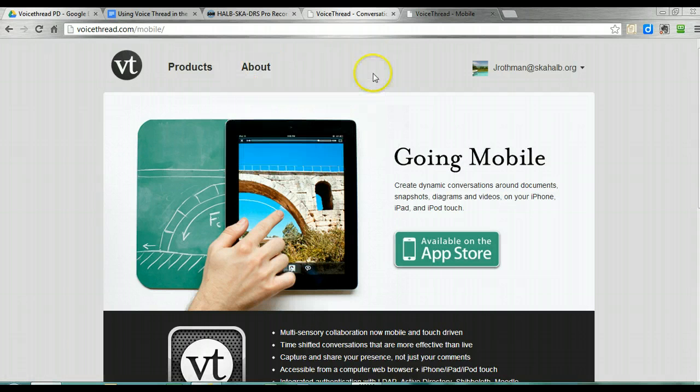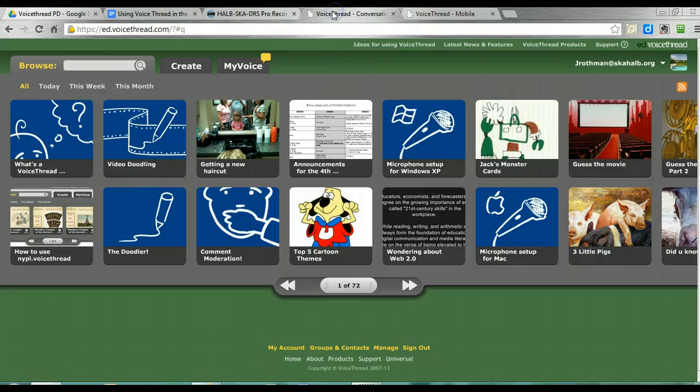Again, I'm going to be logging in not from voicethread.com, but from edvoicethread.com, which is an educational one. We've chosen at our school to purchase an account for our teachers and students, as this is a tool we really are planning on utilizing. So when you log in, you'll come right to three different tabs. There's Browse, Create, and My Voice. And essentially, the Browse section are all those voice threads that other people have created,